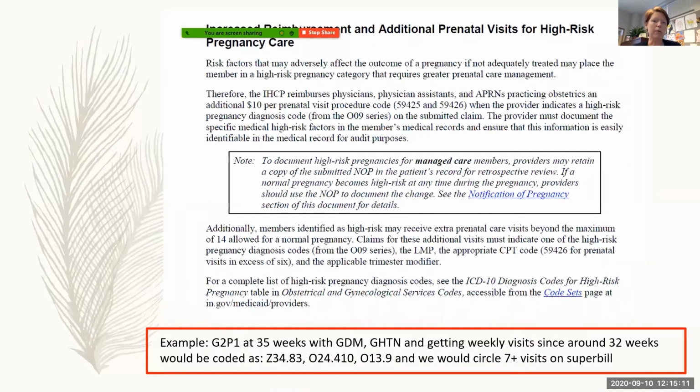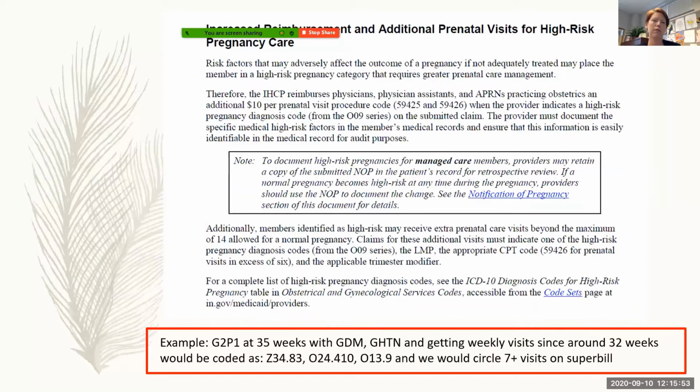There will be times, probably a lot of times, when our patients are not just low risk normal pregnancies, right? So there's going to be a lot of times where our patients are coming in for a lot more visits than what's allotted because they've got high risk conditions during the pregnancy. And if that's the case for our Medicaid patients, we actually can get paid more when we are coding appropriately and making sure that we put the diagnosis that's associated with why they're coming in more frequently. So being aware that if we see someone because they have gestational hypertension, GDM,